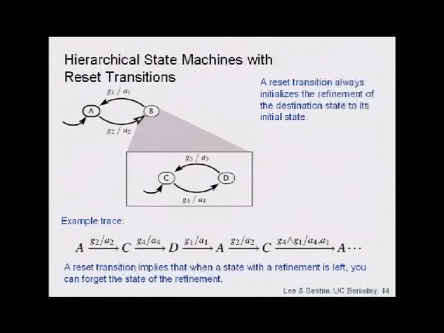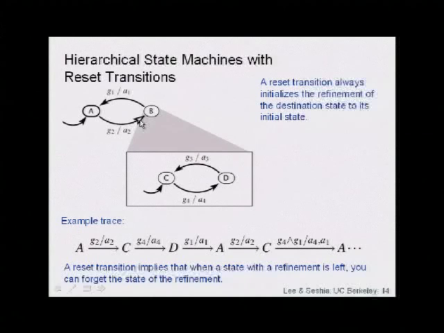Now, one of the things that makes it even trickier is that not everybody likes this notion of history, right? So when I left the refinement of state B, there could be a case where you don't want to come back to this last state that you left. For instance, when you execute an ISR, you always execute the ISR at the beginning, right? You don't go back and resume it at some other point unless the ISR itself was interrupted, right? But if it's a new execution of the ISR, you start at the beginning. So suppose you want to model this, then